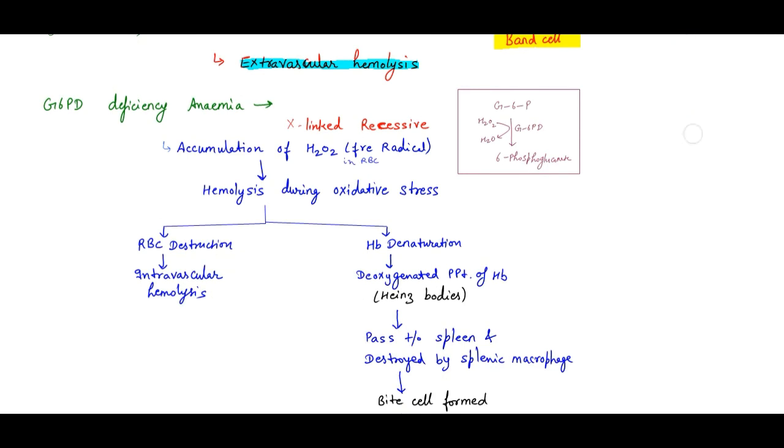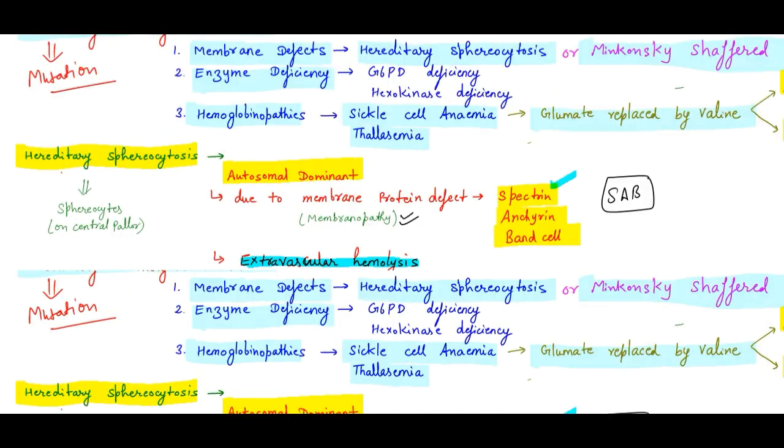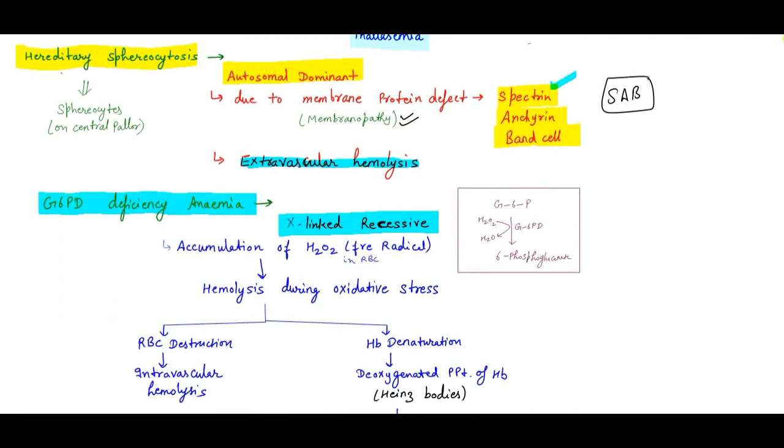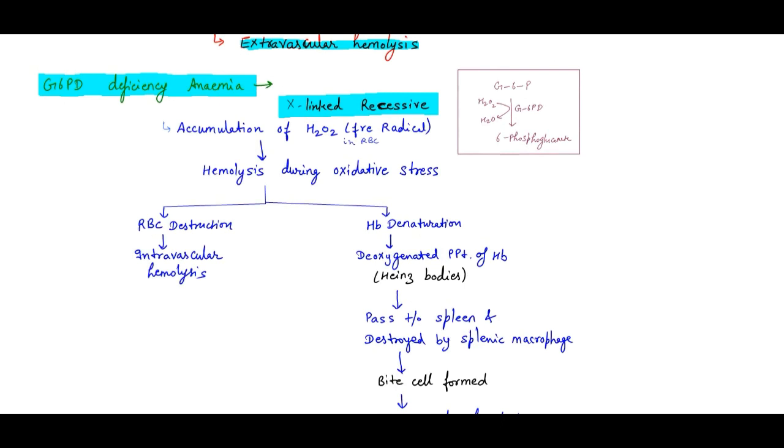G6PD deficiency, remember, G6PD deficiency anemia is X-linked recessive. We studied that sickle cell anemia is autosomal dominant, and G6PD deficiency anemia is X-linked recessive. So what will happen? Glucose 6-phosphate is converted into 6-phosphogluconate. This is our HMP shunt, HMP pathway. In the HMP pathway, glucose 6-phosphate is converted into 6-phosphogluconate with the help of G6PD, and here H2O2 will